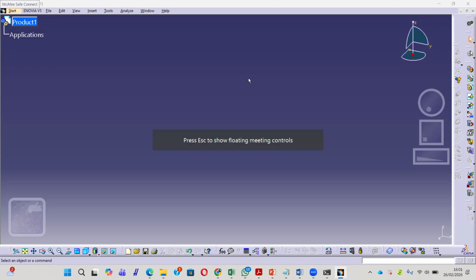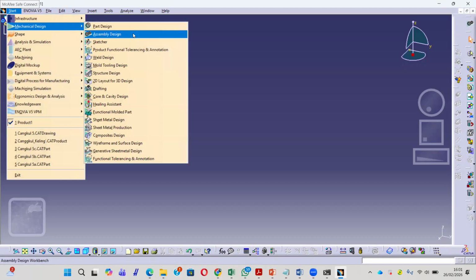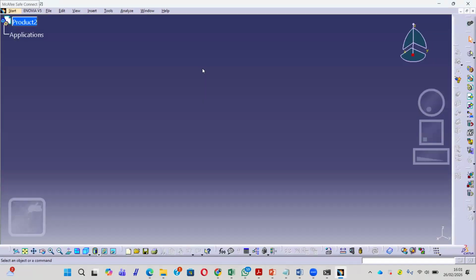Okay, all of you, make sure you already download the files that I have shared in the WhatsApp group. So you can start to open your CATIA and make sure you start in here, mechanical design and then assembly design. After you select assembly design, you will be in the screen of assembly, and here we will add existing component or existing part.